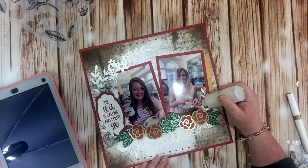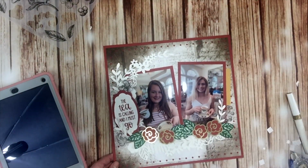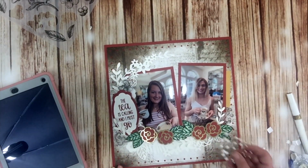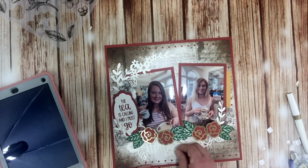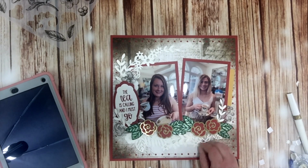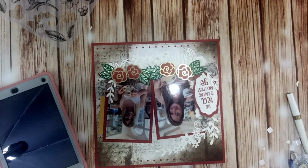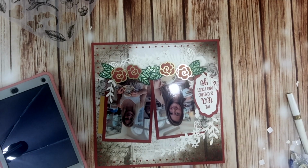So one of the tips that I found is that if you go over them with liquid glass, it will actually lock in the gold shimmer from the gold shimmer brush. So that's what I've done. I've puddled some of that liquid glass on top of what I've just coated with the gold shimmer brush, and it works out beautifully. Okay, so now I'm just adding a few plain pearls here and there in the cluster